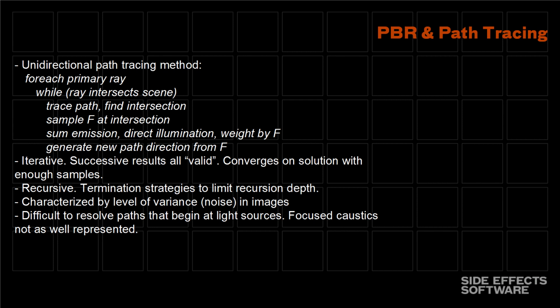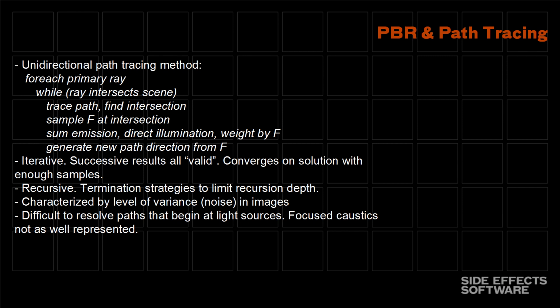The other thing we notice about path tracing is it's deeply recursive. And so you can see, starting from the initial root path at the eye, we have paths that can progress quite deep into the scene in terms of the number of bounces. So we have to look at things like termination strategies to limit the recursion depth, things like Russian roulette, other methods for dealing with once the actual contribution is low enough, looking at ways to taper off and drop out